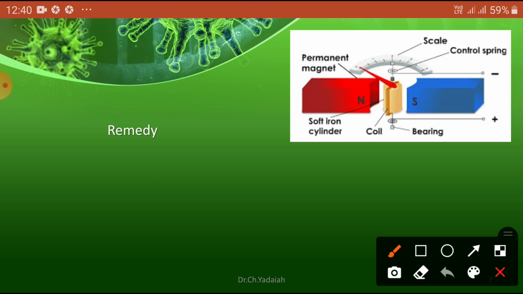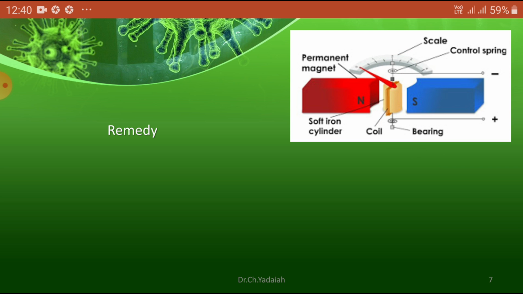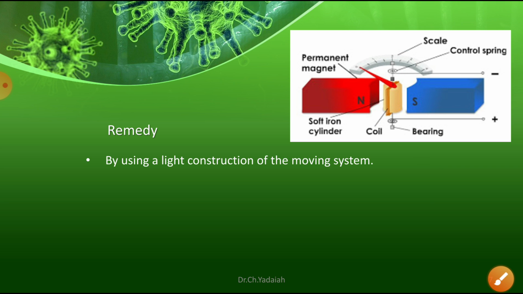Observe here and here, we provided the spindle on bearings. Instead of using ball bearings and roller bearings, we are using jeweled bearings. So what are the effects? Remedies: by using light construction of the moving system and by using the jeweled bearings, we reduce the